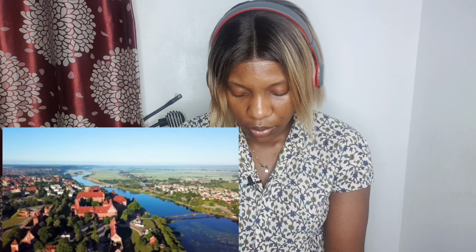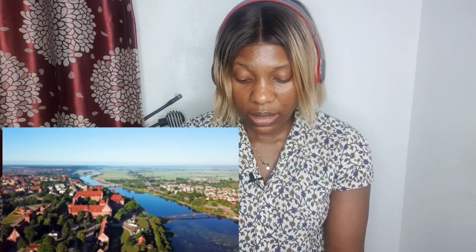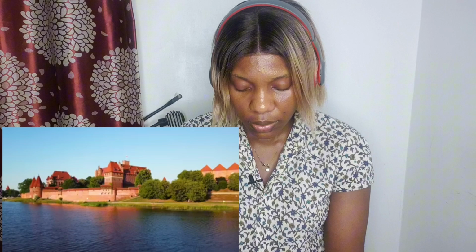Now, just an hour's drive from Gdansk is the Malbork Castle. I mean, this is the largest castle in the world by land area, which is pretty crazy. It was built in the 13th century by the Teutonic Knights, who were German Catholic crusaders. And as the number of the knights grew, so did the castle, which encloses an area of 52 acres. I mean, it's just crazy to think that people were able to build such buildings back then. More than half of Malbork Castle was destroyed during World War II, but thankfully it was rebuilt to its former glory. Now, after Malbork, we're going to head over to the...